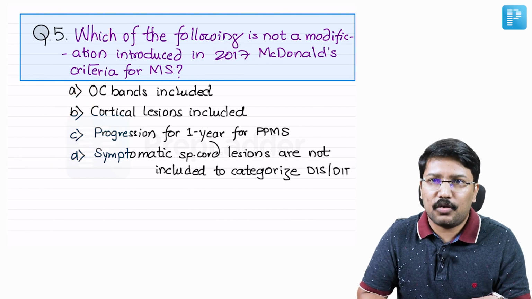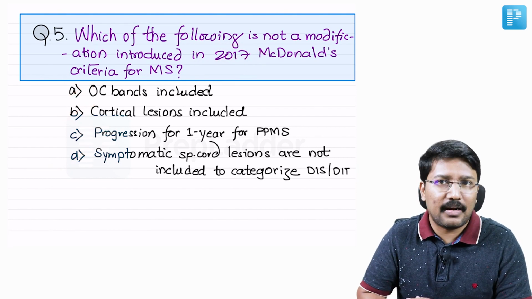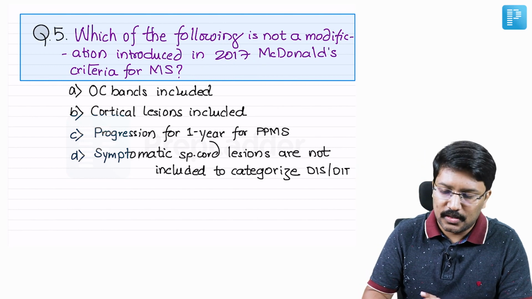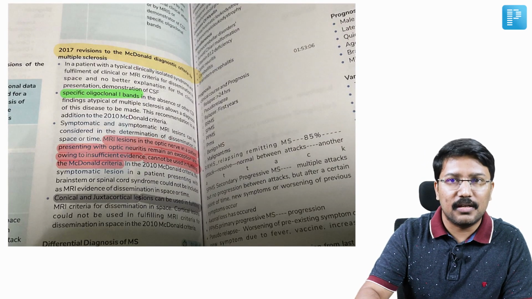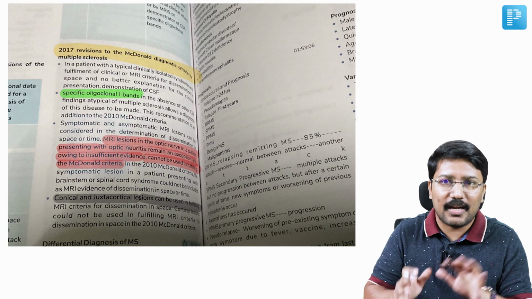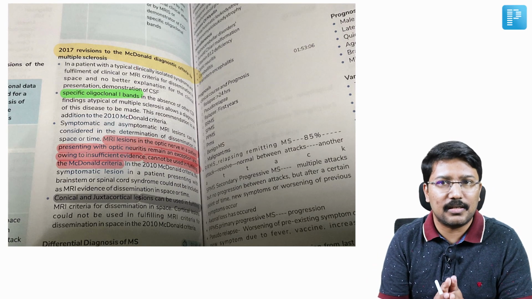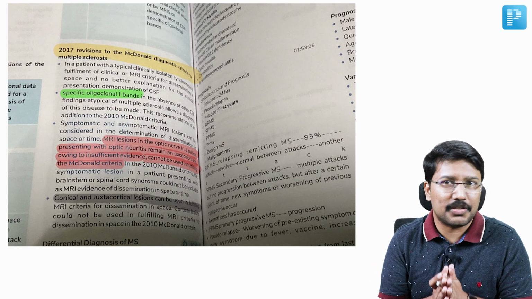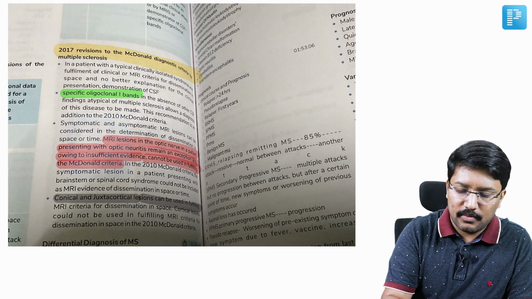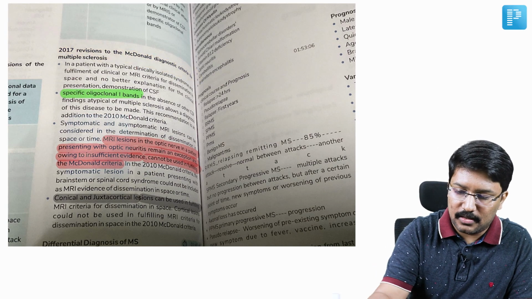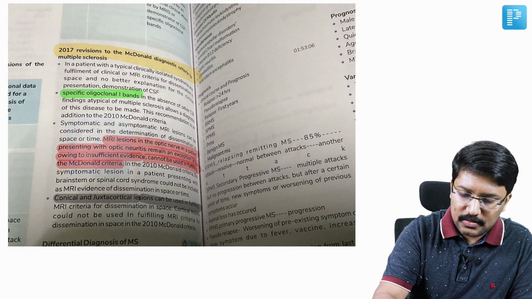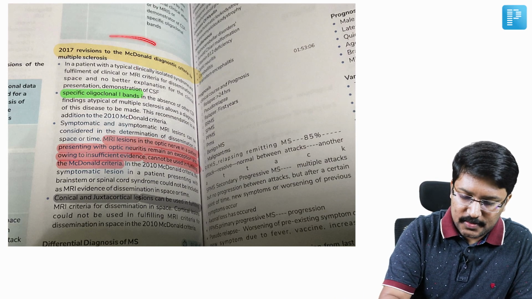This was an anticipated topic, and my neurology colleague Saful had covered this in detail in the videos. So you can access it also from the PrepLadder notes, right? He had specifically discussed all these things. It was an anticipated question for us, the 2017 revisions to the McDonald's criteria, right? So this was addressed pretty well by us.